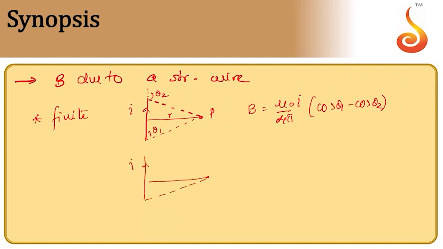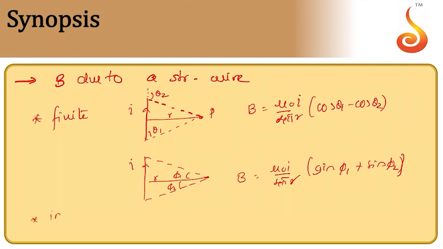If I consider the angles as say alpha and beta, or say phi 1 and phi 2, then we can also write it in this form. For example, with phi 1 and phi 2, and this distance being r, the magnetic field at this point is given by mu naught I by 4 pi r into sine phi 1 plus sine phi 2. Any of these representations is perfectly fine. So this is the magnetic field due to a straight current carrying conductor.